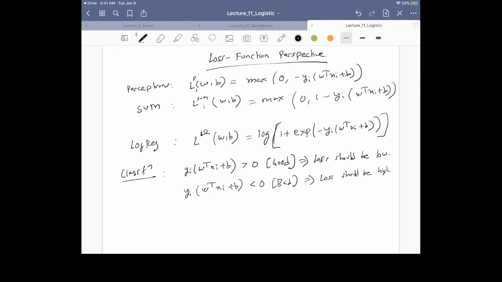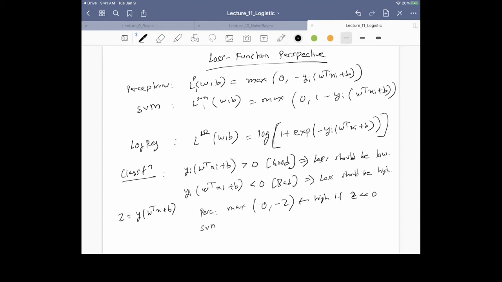So all of these loss functions are very intuitive. Assume you define a new variable z to be y multiplied by W transpose x plus b. Then mathematically you can view the perceptron loss as max of 0 comma minus z. So if z is negative, then this quantity will be high. So this is high if z is much less than 0.